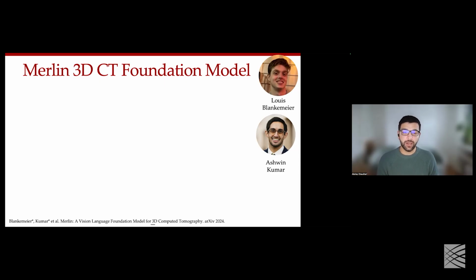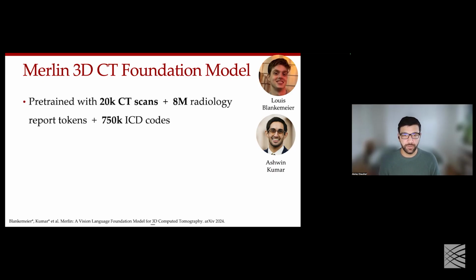They are the most common volumetric imaging modality globally, and in the US, roughly 25 million unique patients get an abdominal CT scan per year. So they're very high resolution, high dimensional, and common. If we have any model-based assistance, this could potentially help in a lot of clinical workflows.